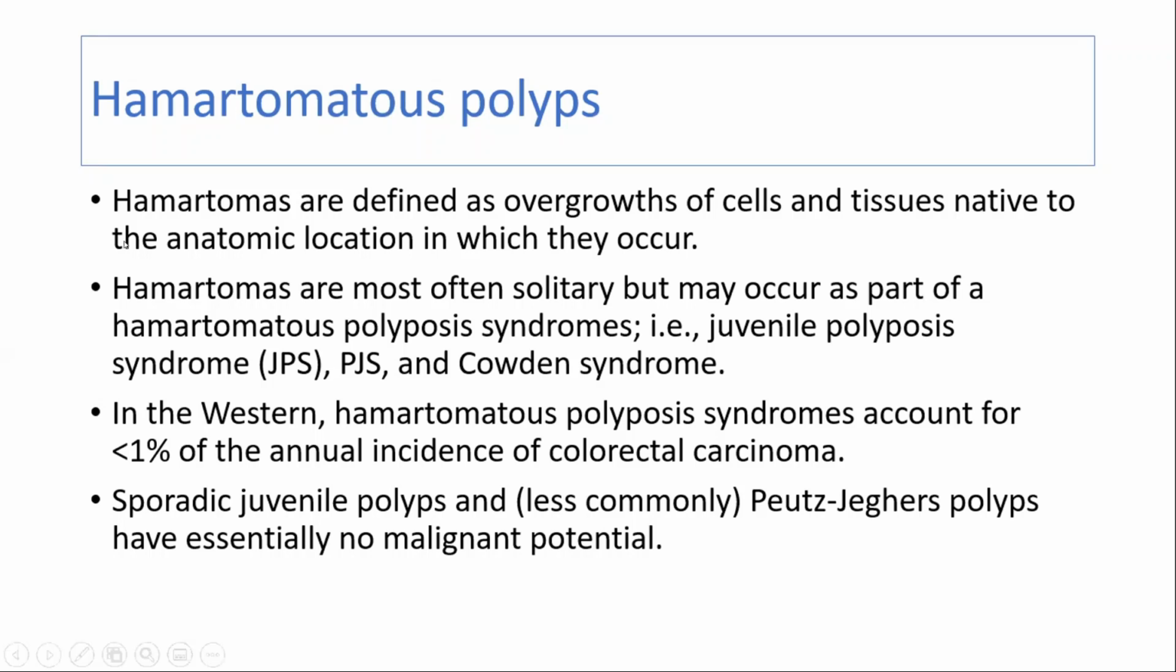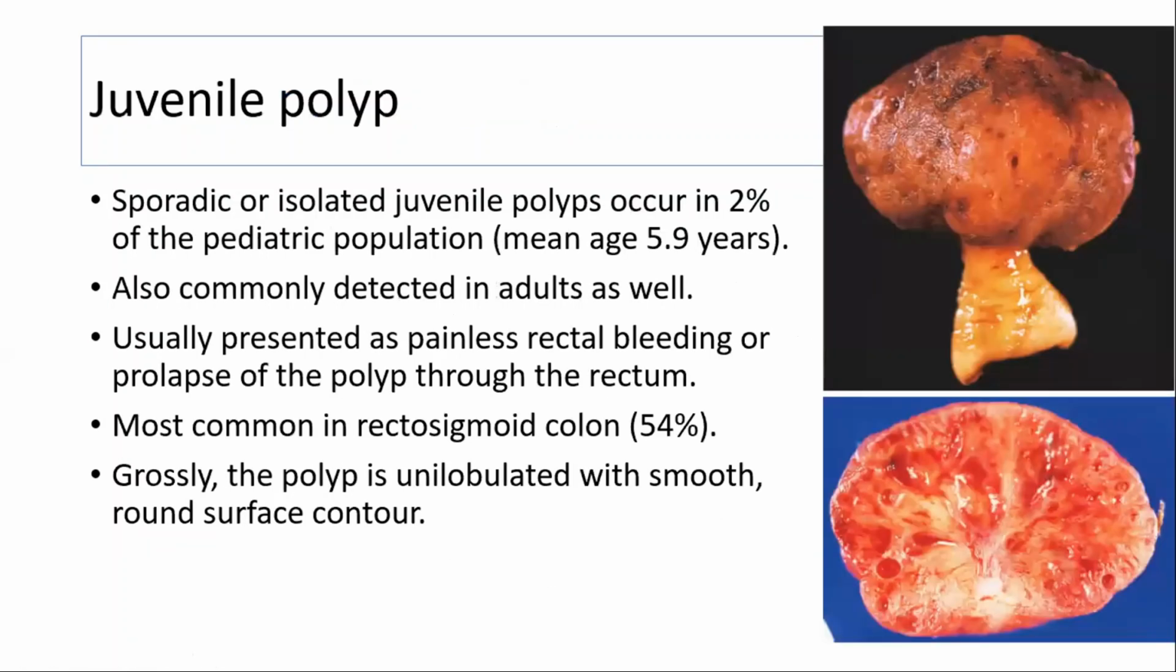So polyposis syndrome has less than 1% annual incidence of colorectal carcinoma. If we talk about polyposis syndrome, yes, it carries a risk for malignancy, but sporadic juvenile polyp and Peutz-Jeghers polyp essentially have no malignant potential. So, juvenile polyp,